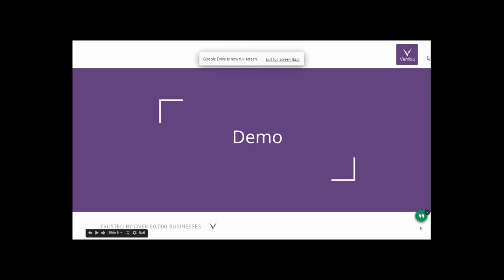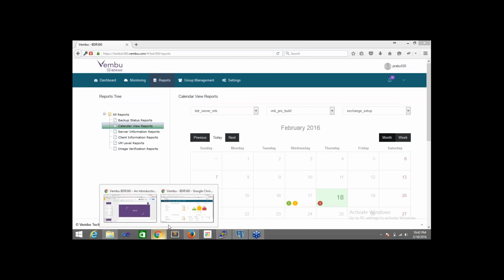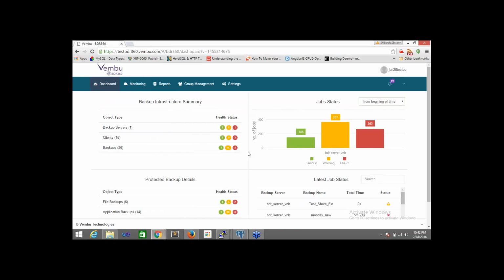Now I shall jump on to the demo. Fine. So let me introduce you to the Vim BDR 360 server dashboard.